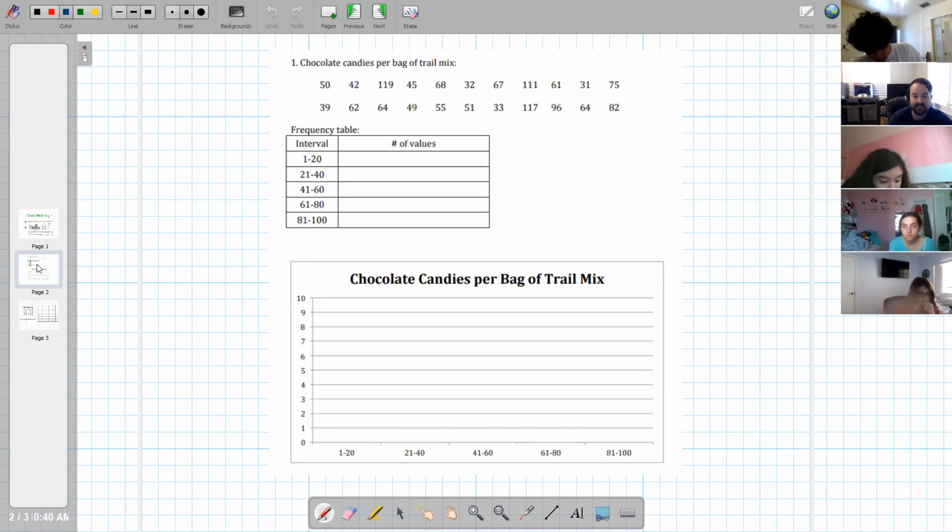So if we want to do tallies, then we're going to go number by number. For example, 50 is going to fit in this category and we'll put a tally. 42 fits in this category and we'll put a tally. 119 doesn't even fit in one of those categories. So we're going to have to add another category here. We're going to add the category from 101 to 120. Okay. 45,